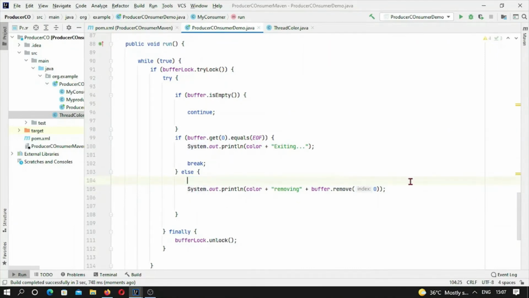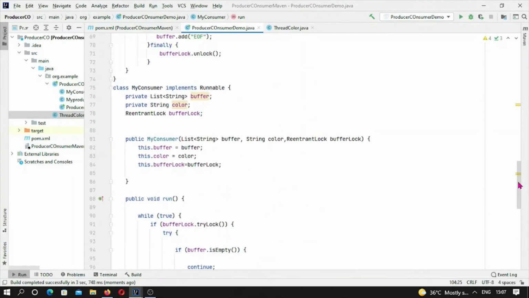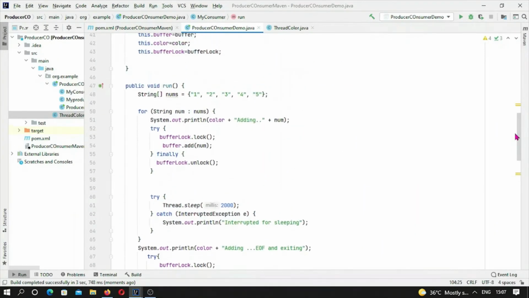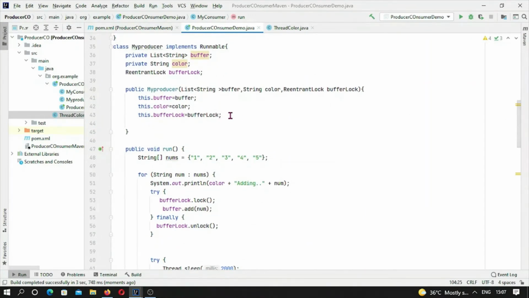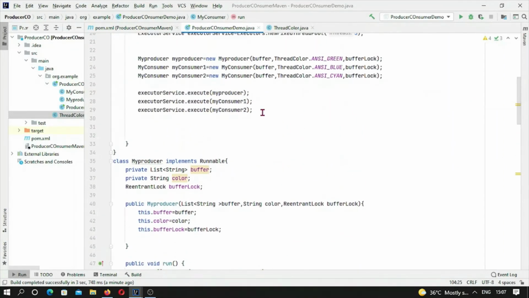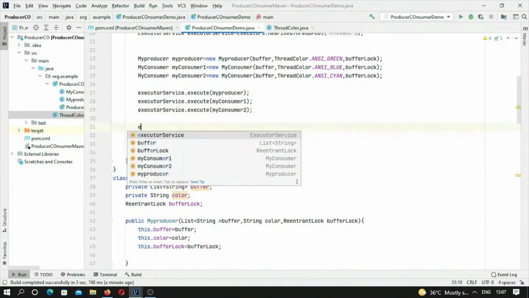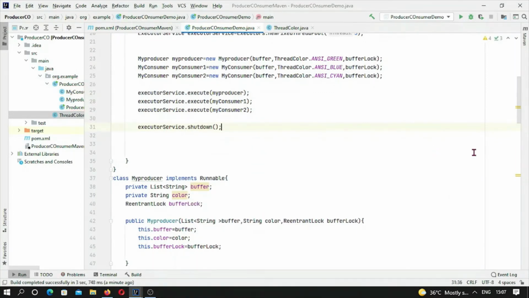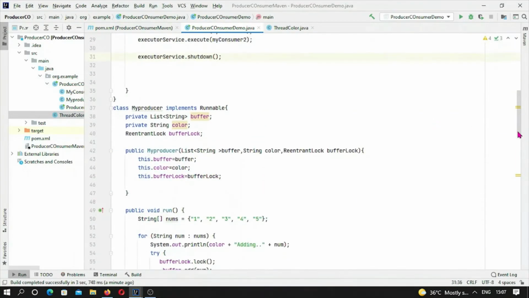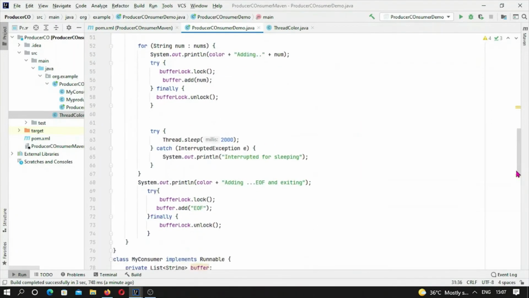Okay. Now the executor service has started and is performing its task, but after the completion of the task, it is not releasing the thread. So the main thread is still working, and in the background, the rest of the threads have completed their work, but they are not getting terminated. So we have to terminate the threads manually. So we have to call the method executor service dot shutdown. This method will simply terminate all the threads after completion of their task. So you can see,